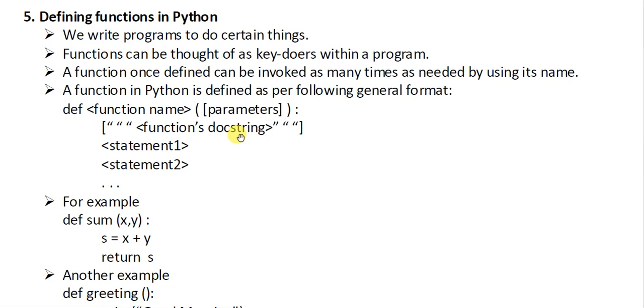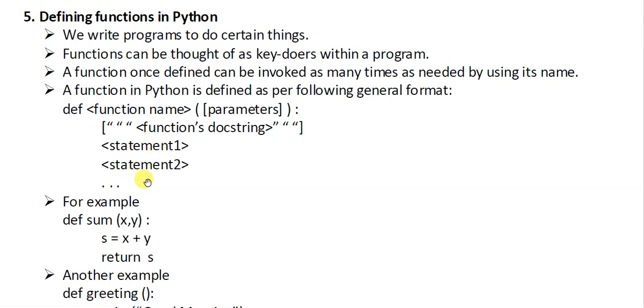So if you write a docstring, then you can just see the docstring and you will come to know, or any other person who is seeing your program, your project, will come to know, okay, this function is for this particular thing. So you must write a docstring. It is recommended that you should write docstrings. This is optional, that's why it is in square brackets. Then after this docstring you can write the body of the function, statement 1, statement 2, and many more.